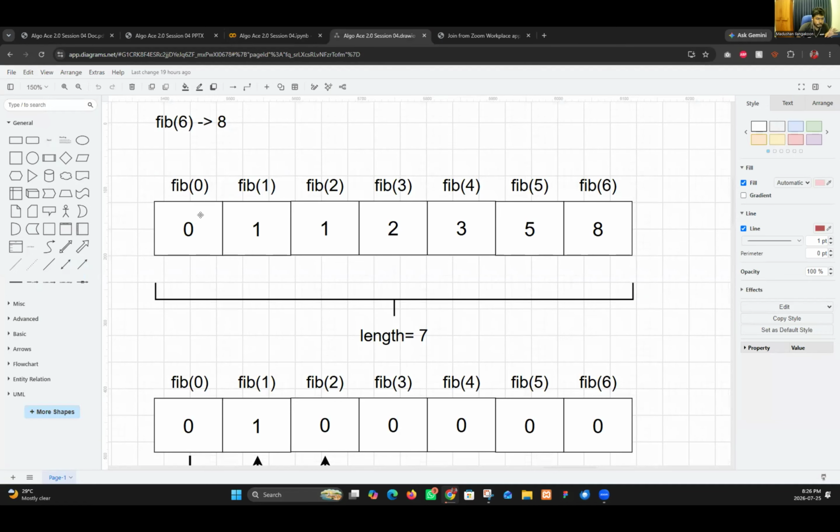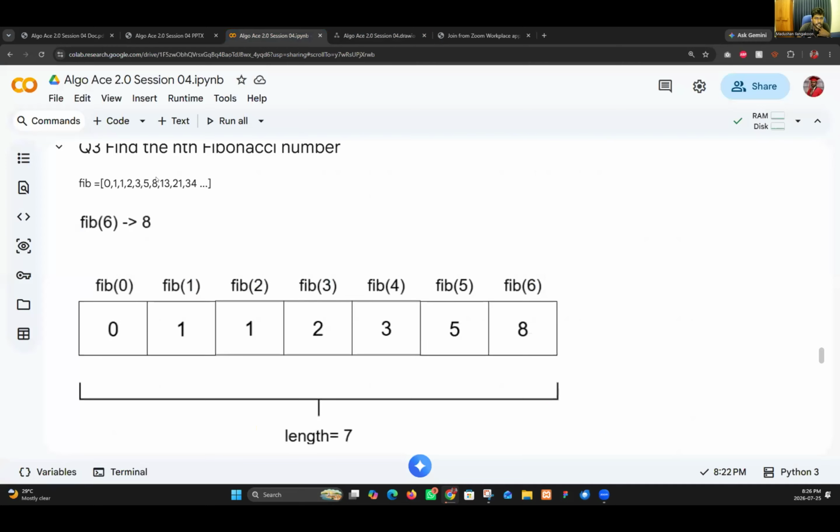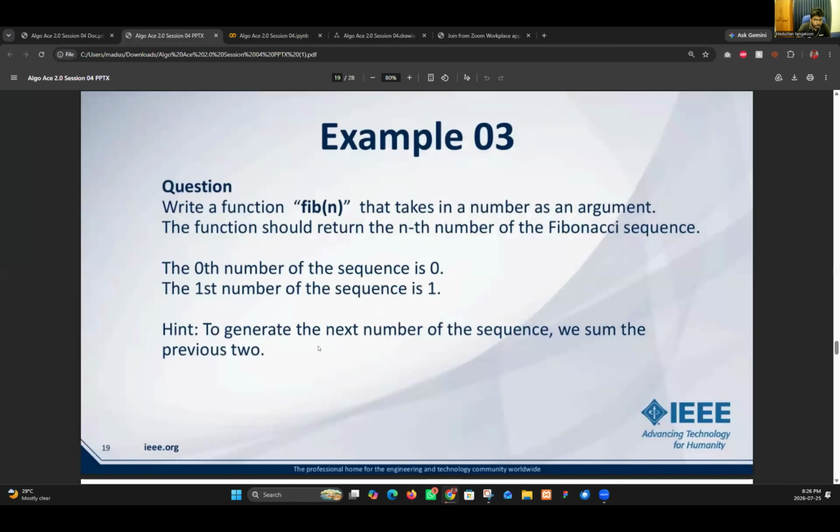So let's find out the pattern. 0, 1, 1, 2, 3, 4, 8. So how are we going to do it? We have a hint in here. To generate the next number of the sequence, we sum the previous two.